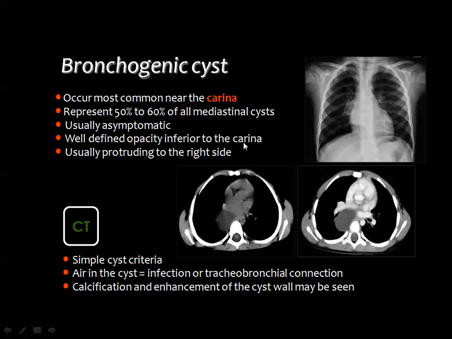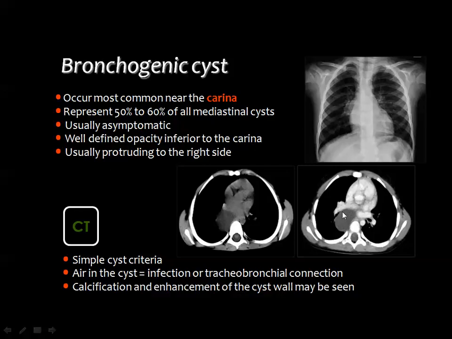And this is the pre-contrast scan showing a cystic lesion at the level of the tracheal bifurcation, and you see the clear water density, no enhancement, no calcium, no internal septations, and